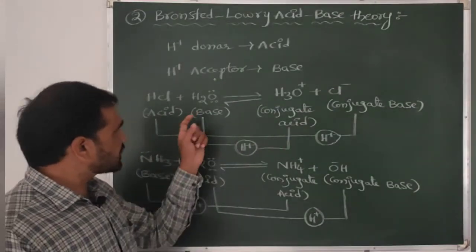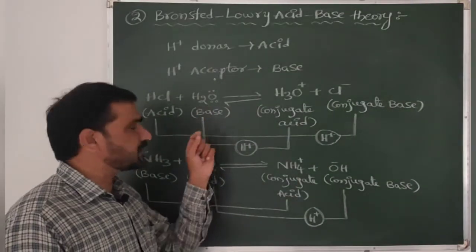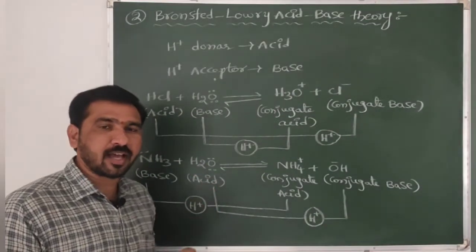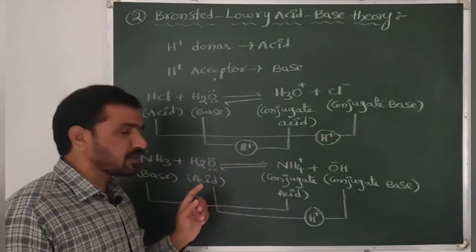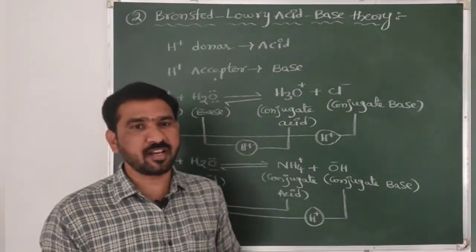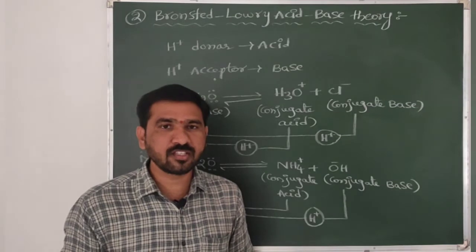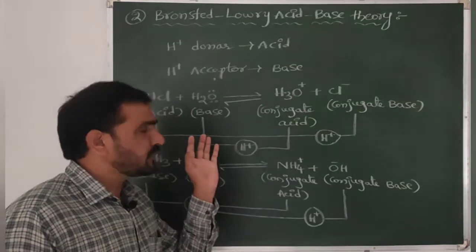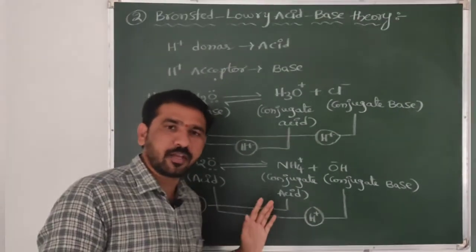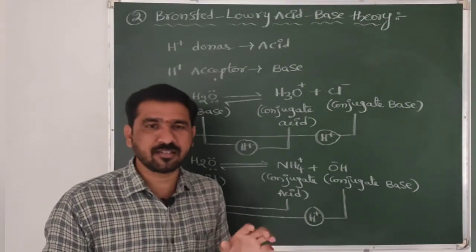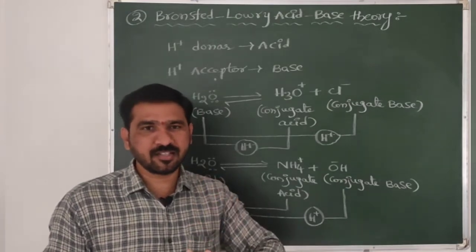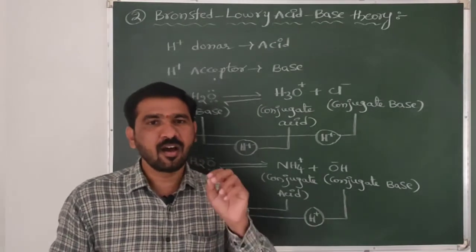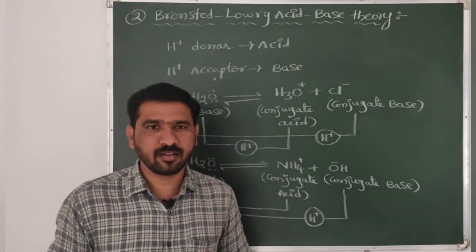But in the first reaction, H2O acts as base. In the second reaction, the same H2O acts as acid. It means H2O is amphoteric in nature. H2O is amphoteric in nature means what, beta? It can react with acid and also react with base. So that substance is called an amphoteric substance. So H2O with respect to these two reactions is considered as what, beta? Amphoteric compound. Is it clear?